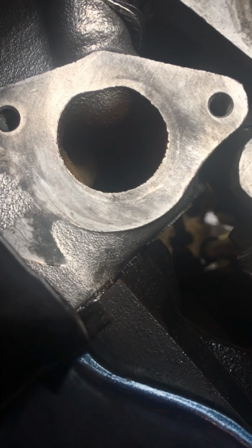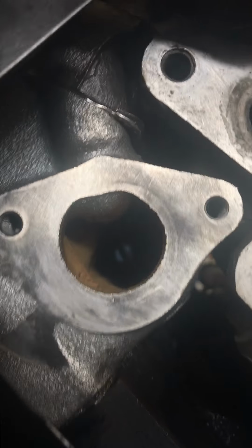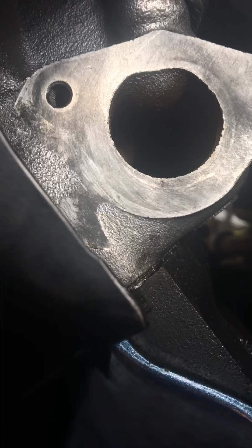Oh God, this iPhone is absolutely horrible. Okay. Oh, you can see completely